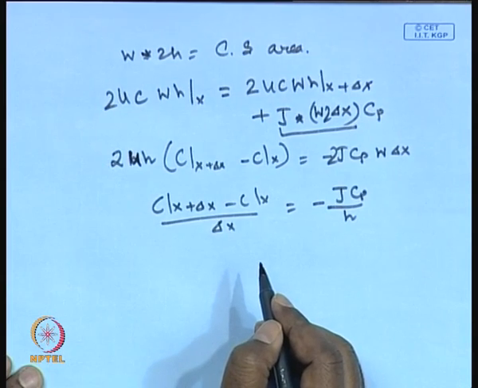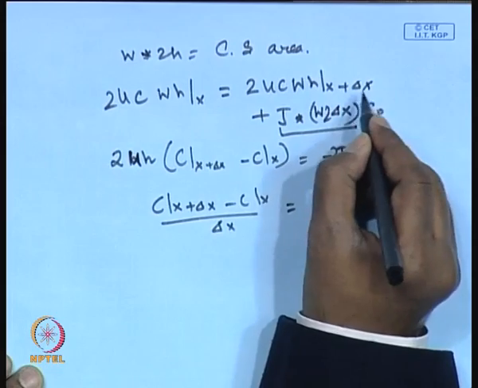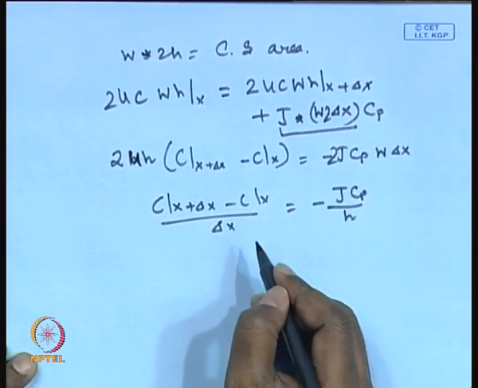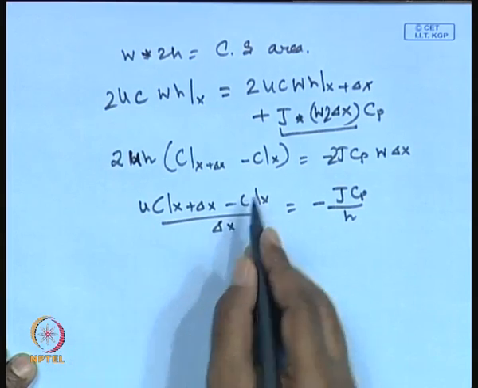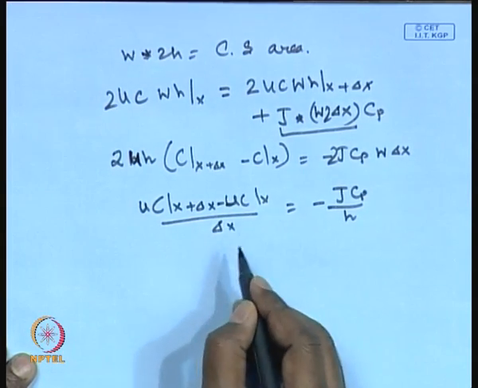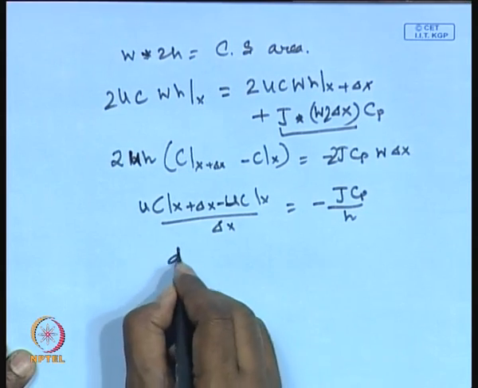Right, UC at x plus delta x. Right, correct. UC at x plus delta x minus UC. So, it will be a differentiation, d/dx of UC. That is correct, because U is also a function of x. So, it is d/dx of